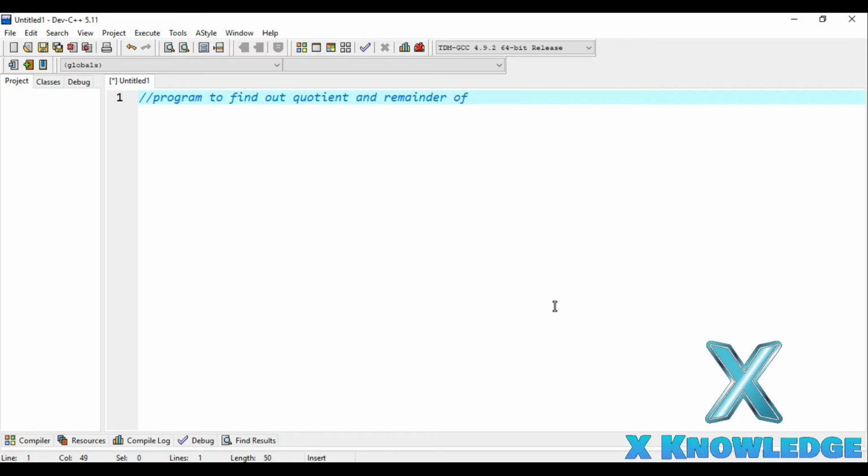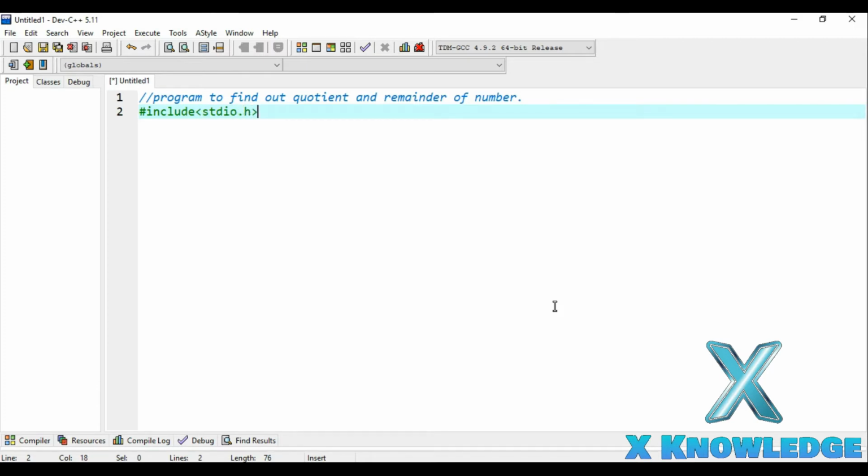of two integers basically, but I'm writing numbers out here, and we will be taking the numbers from the user. So we take the input with the help of the scanf function of the stdio.h library. So we will have to include that library in our program. With the help of the preprocessor, that is #include, we will be including the stdio.h library, and this library will provide us the printf function as well as the scanf function for taking input and for displaying output respectively.